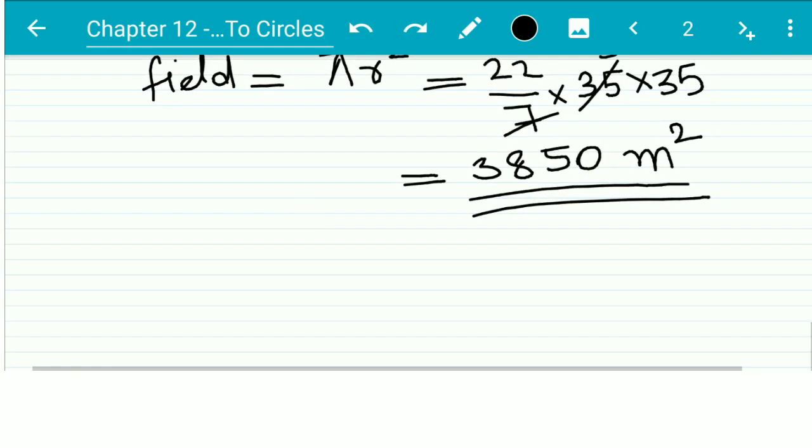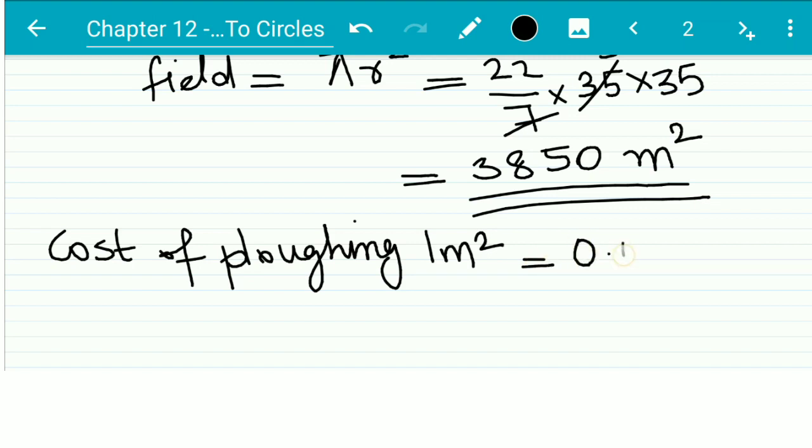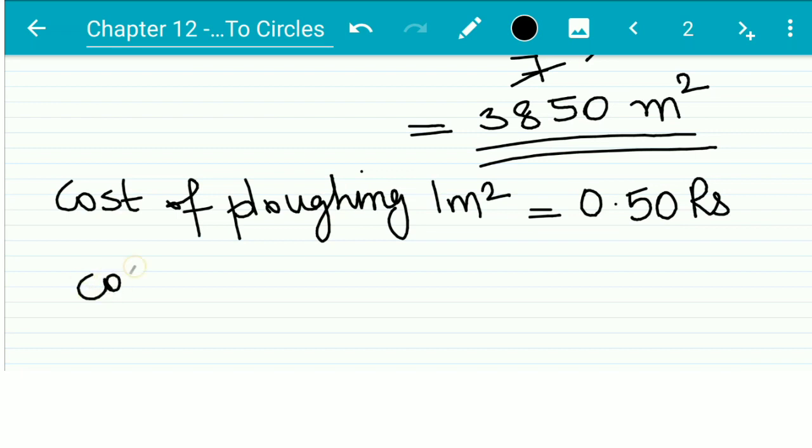So right, next step, cost of plowing. Per meter square means per 1 meter square is given in the question as 0.50 rupees. So altogether we have 3850 meter square. So the next step will be cost of plowing